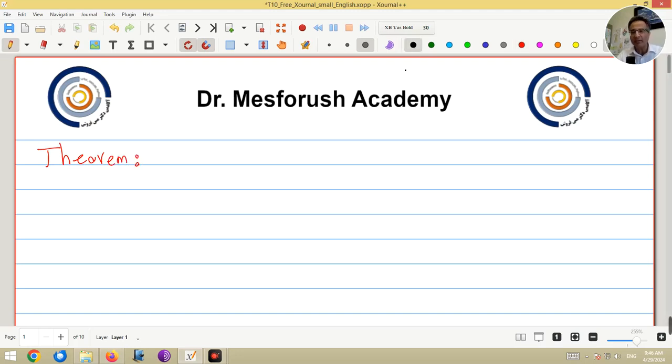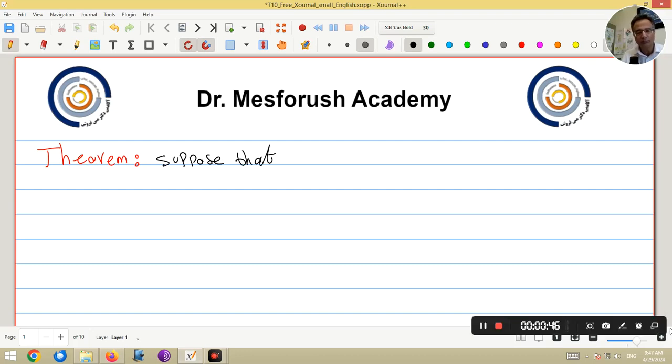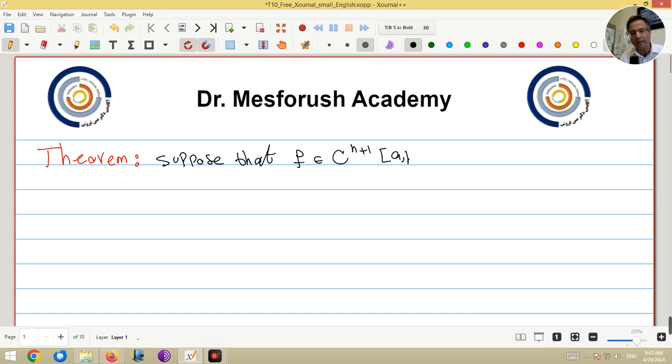The theorem says that suppose f belongs to C^(n+1) over [a, b], and it means that f and its derivatives up to order n+1 on the interval [a, b] are continuous, and let